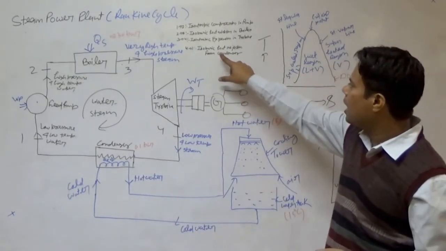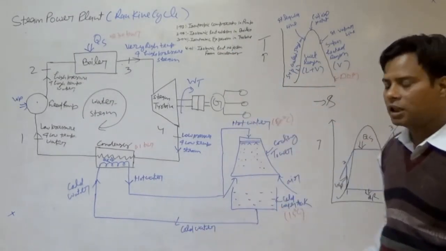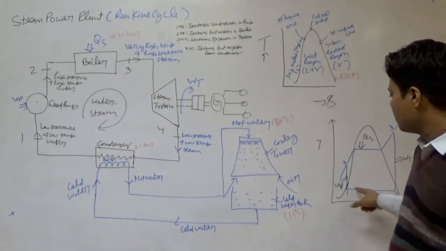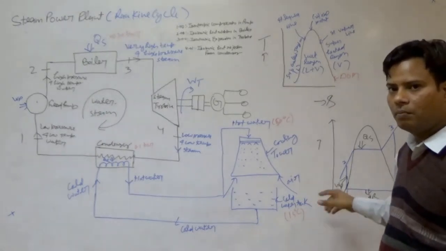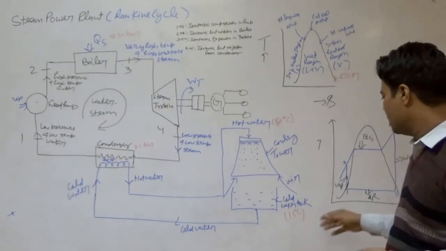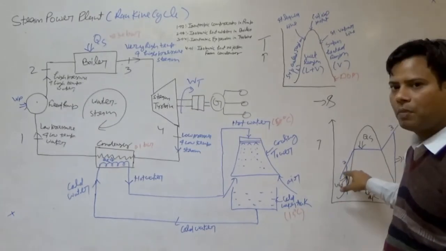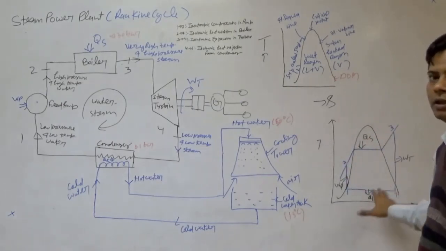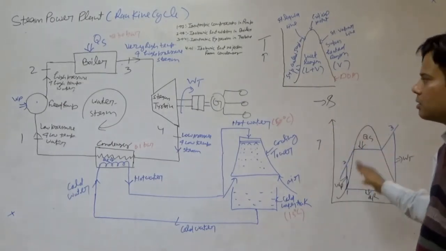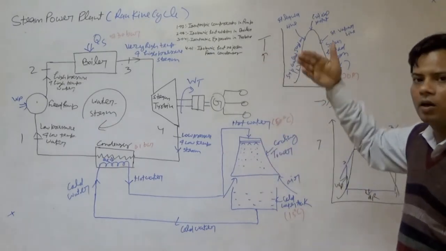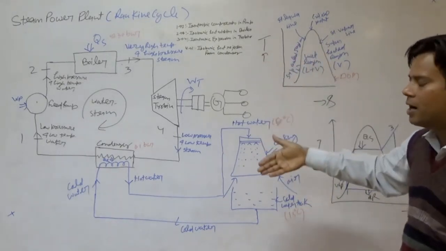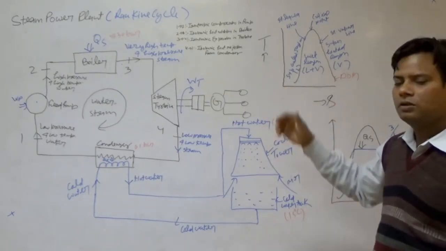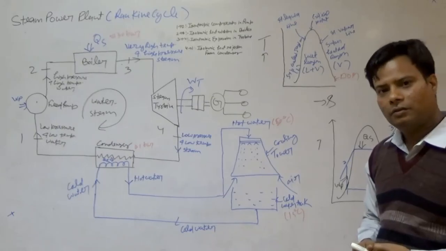In the condenser, isobaric heat rejection takes place. During the isobaric heat rejection, this steam is converted into saturated water by rejecting the latent heat. And again this water is pumped to the boiler, and in the boiler there is heat addition. So this is a cyclic process. Again and again the cycle is completed and we get rotary motion of the steam turbine, and we continue to get electricity from this generator. Okay friends, my topic is completed.